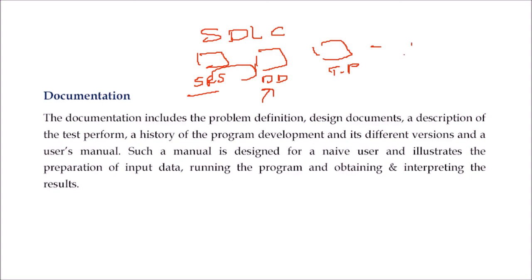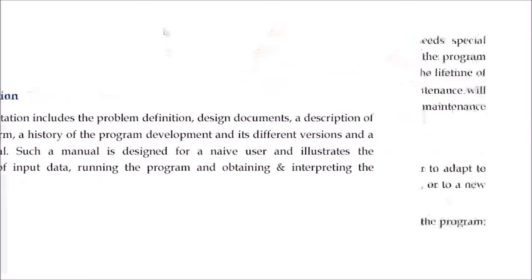See, you have created a version, say 1.0. You are coming up with a version of software that is 1.1 or 1.2. Now this version control has to be there. How are you going to get this? You ought to have a document of 1.0. Then only you can go to 1.1. And the person who is going to maintain your software after it has been delivered and is being used, from where are they going to take the context, from where are they going to see what has been done? For that, documentation is very important.